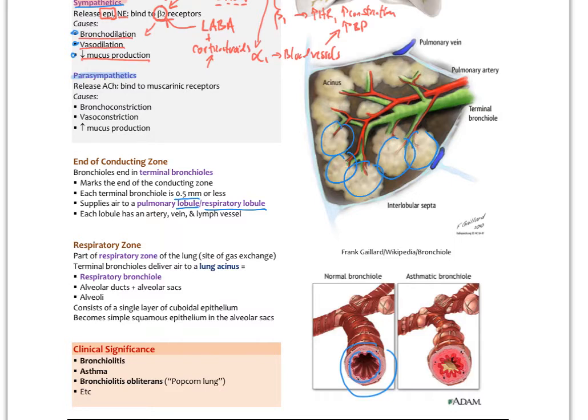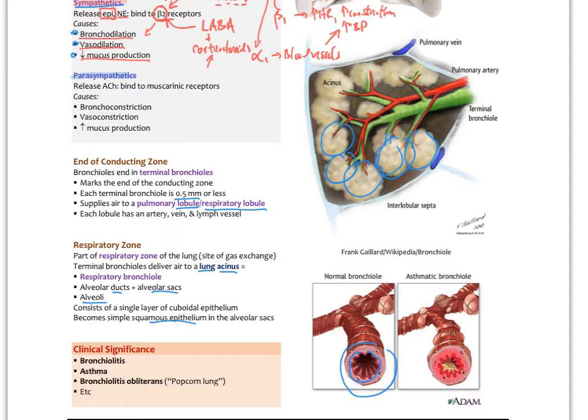So the terminal bronchioles deliver down to what's called the lung acinus. So we can think of the terminal bronchiole and all the little lobules, the little acini, as part of the pulmonary lobule. I know it's a little confusing. The respiratory bronchiole is the first part of that. So that's going to be inside, not shown in this picture, a little bronchiole that actually has gas exchange happening in it. But that's going to lead into an alveolar duct. We'll look at that in the next slide here. Alveolar sacs and then the alveoli themselves, which are at this point just a single layer of squamous epithelium